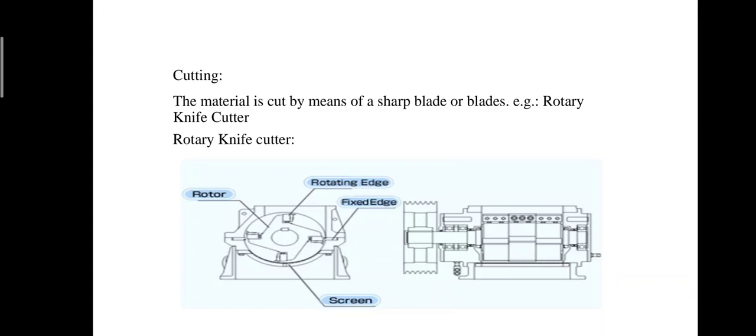Rotary knife cutter features a rotor assembly equipped with 5 full-length knives that cut material against 4 stationary bed knives until particles become small enough to pass through apertures in a large semi-cylindrical screen. Rotary knife cutter offers greater shear and less impact, yielding particles having exceptionally clean cuts in a tightly controlled size range with little or no fines or dust. Here we can see a rotating edge and a fixed edge screen present in the rotary knife cutter.